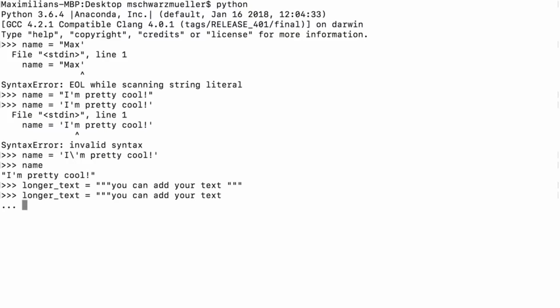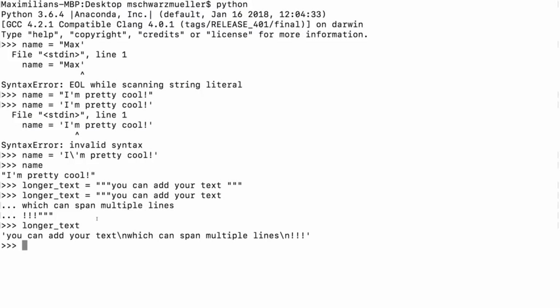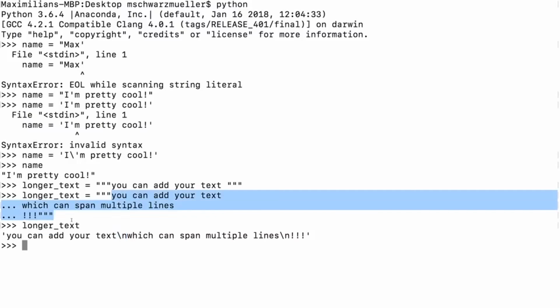Then you can continue typing on the next line, which can span multiple lines, and close it with 3 double quotation marks once you're done. And then your longer text is actually inlined, if you output it, with another special character in between for the line breaks. \n marks a line break. But this makes entering it much more convenient since you can really type it across multiple lines too.